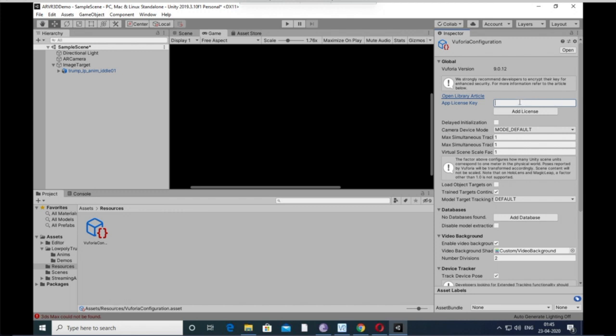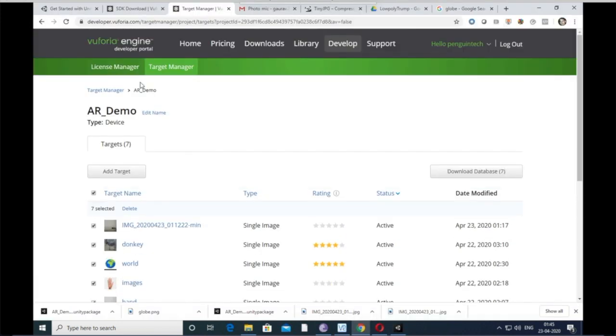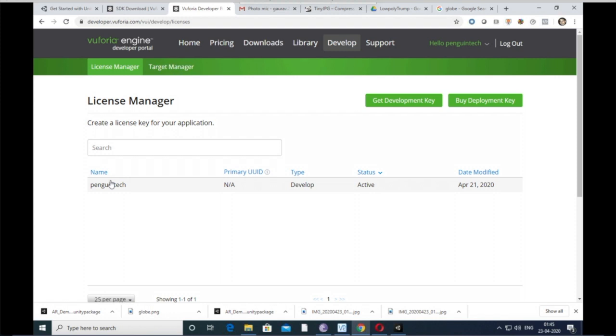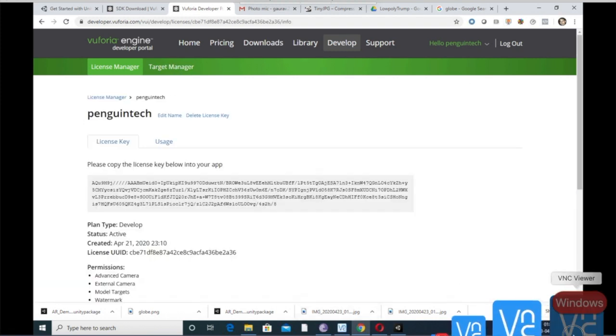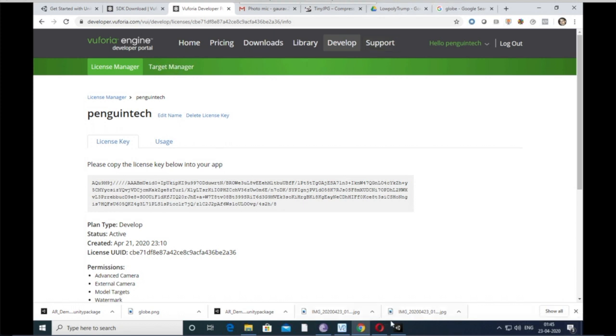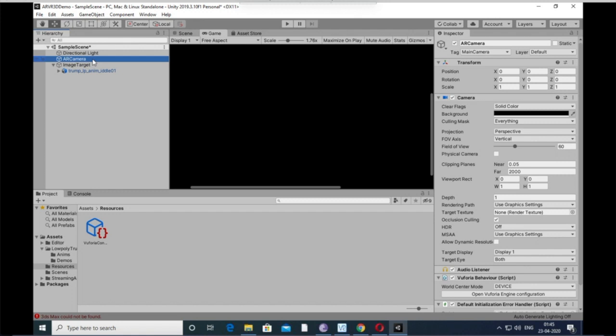And then add the key here, that key which I have copied from the license manager. We have to make sure that while adding the key we are on AR camera, and then open Vuforia engine configuration.